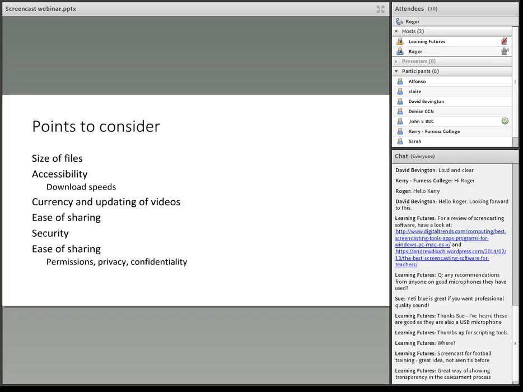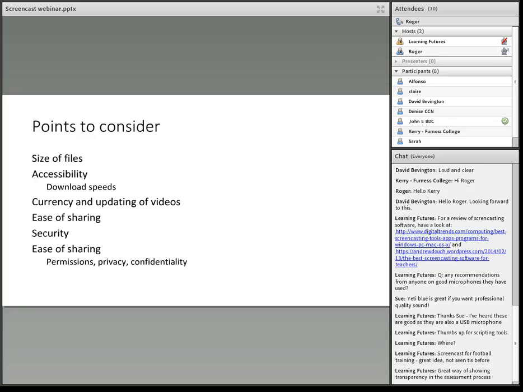One, learners like to see things in short bursts. We definitely know that. But secondly, it is about accessibility and the download speeds. The other thing is about currency and updating the videos. So if you upload something to YouTube, or it's just shared via email, or it's something that's stored in the cloud, how do you know about the currency and the updating of it? It's probably easier if you're going to share it through some form of a repository. And again, the ease of sharing is probably better to do it that way. So sometimes when things are easy to produce, just start thinking about how you're going to use that in the future.